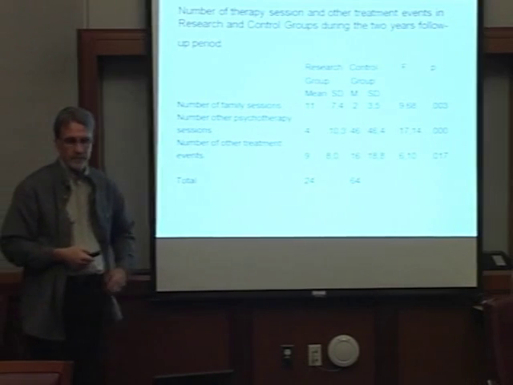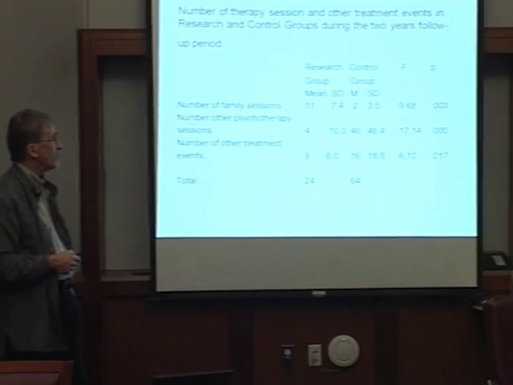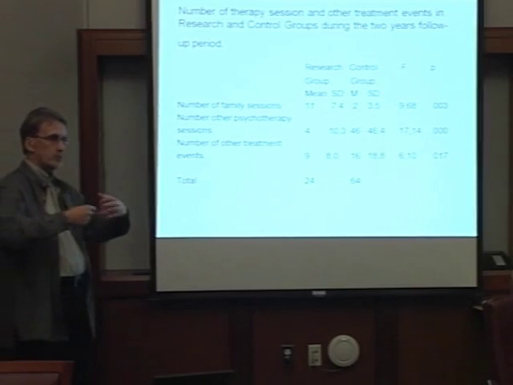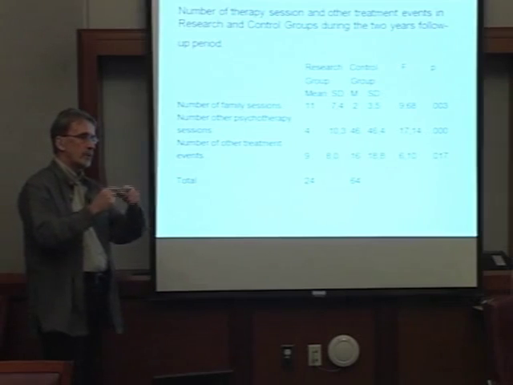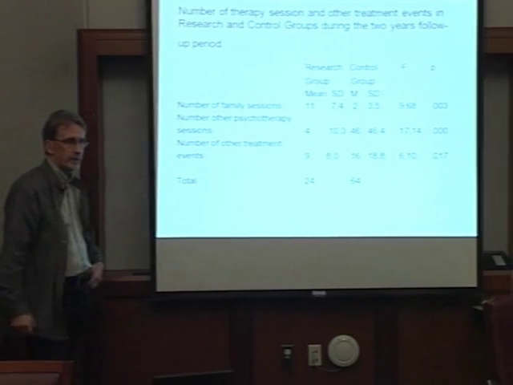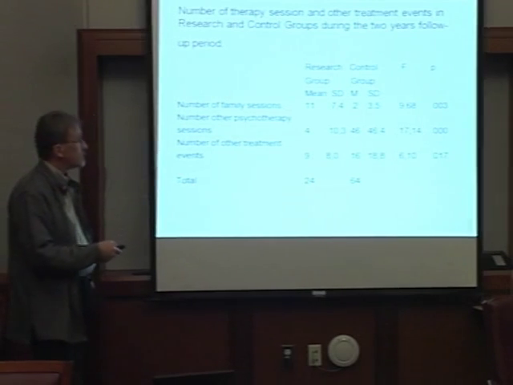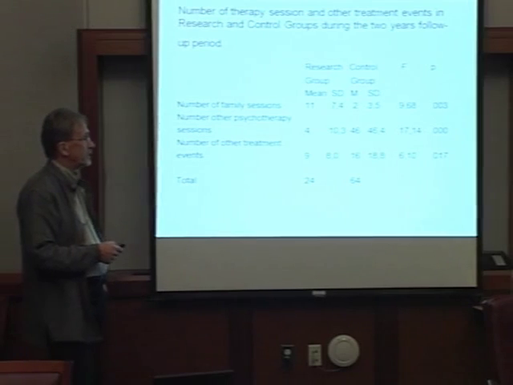As we see here, concerning the research couple therapy group, of course they had much more couple family sessions. Family session means here couple therapy. But because the control group was also allowed to have meetings with the family, with the spouse, but they could not have any therapeutic content, but to be informed of the depression and so on. So there were approximately this number of two meetings in